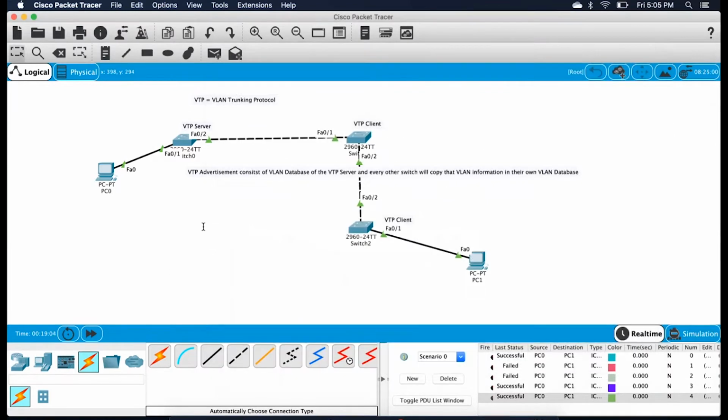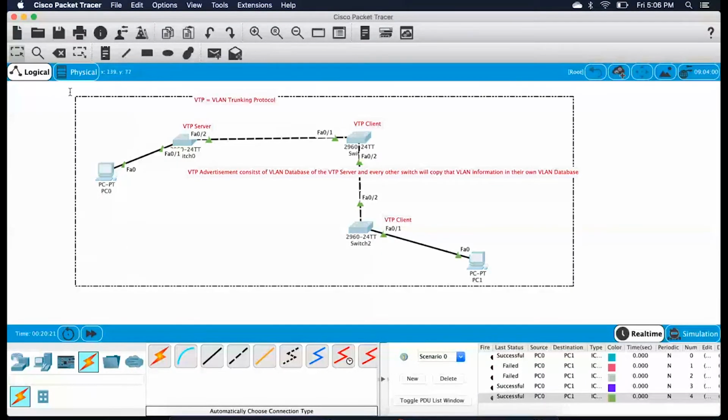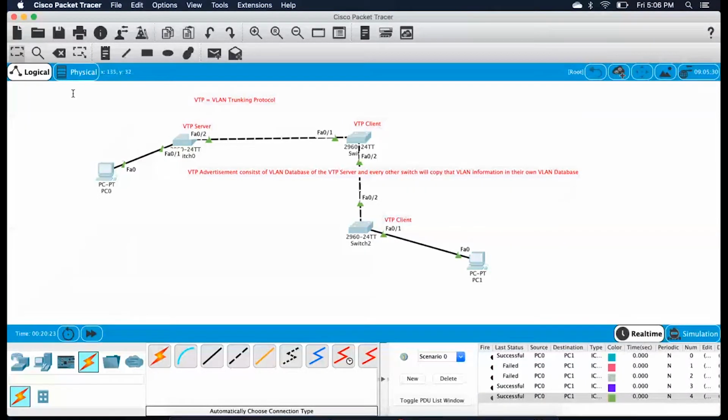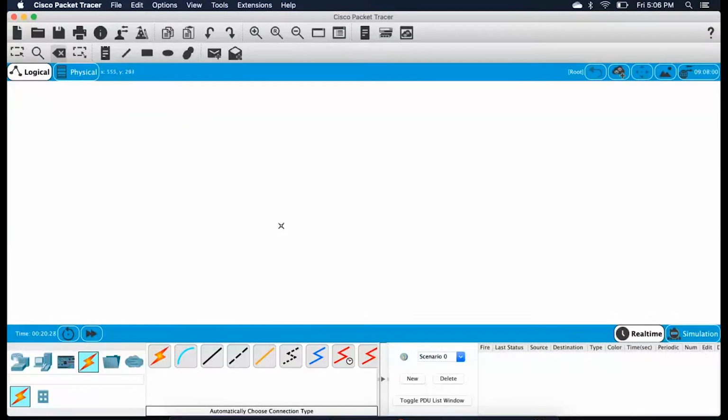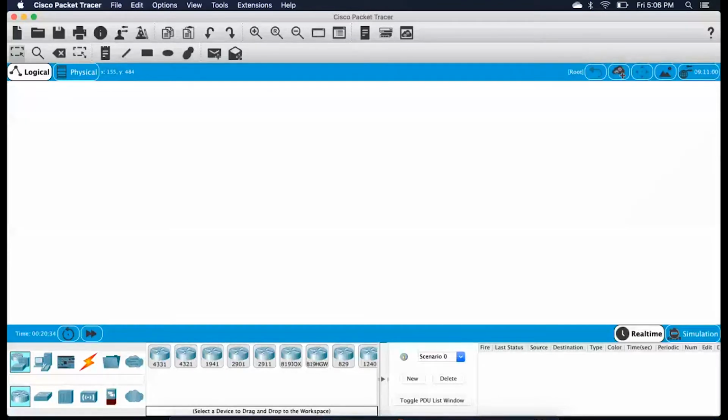Do you understand that? How VTP actually works and what it does? So I'll try to do the configuration again. I'll delete this whole thing and explain. And please pay attention while I'm explaining. And when you acknowledge that you understand, then I'll just take these three switches